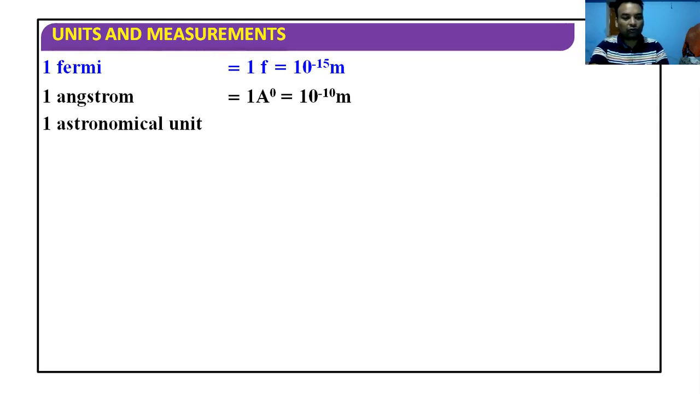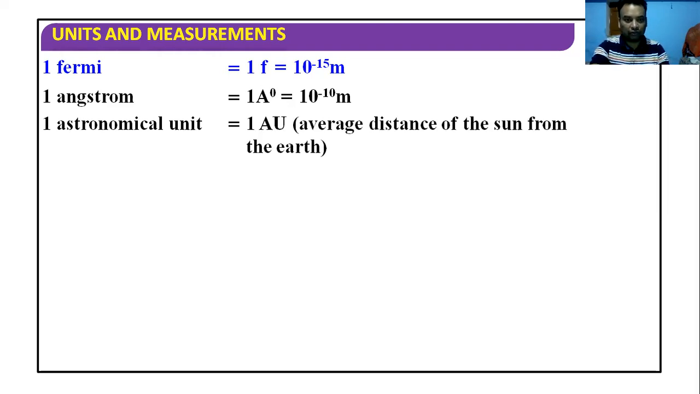Now, 1 astronomical unit. This is another unit by which we can measure long distances. So these two lengths are quite small. They are at the microscopic level, so they are called microscopic lengths. Now, when we deal with macroscopic objects, big size objects, and we are interested in finding